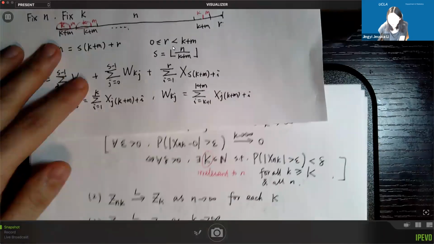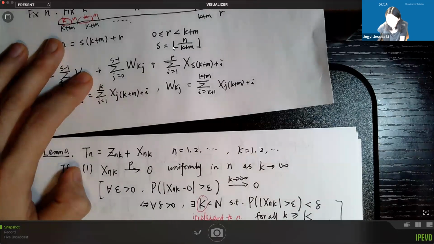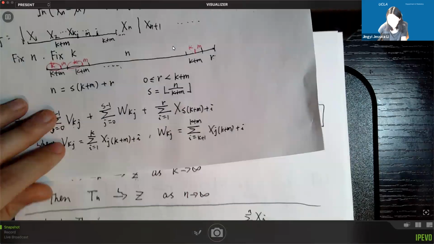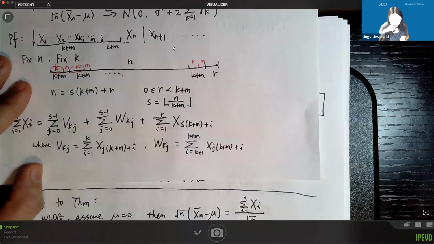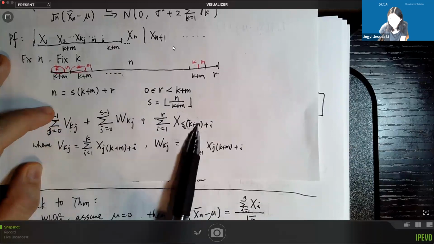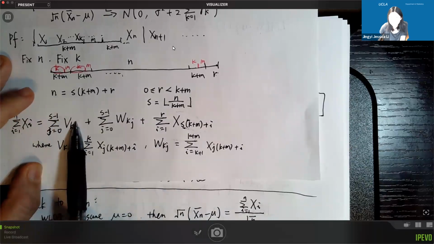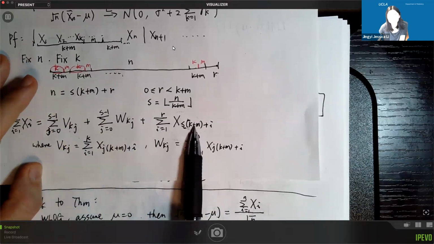In my lemma, I only have Z_{n,k} and X_{n,k}. But here, I have 3 terms. So what I'm going to do is shuffle them a little bit. I will combine this one with this one, call them my first term, and this as my second term. The reason is, if you think about it, this term has nothing to do with k. K is just